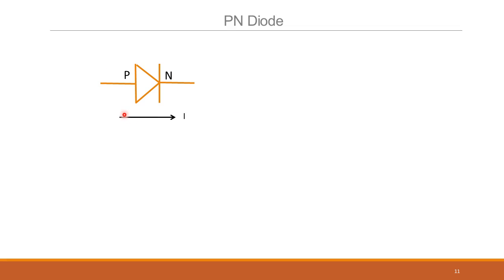This is just a diode symbol which is used in electrical schematics. Okay. The current goes from the P side to the N side. There is a reverse small current going from the N side to P side that we have seen before. But fundamentally, the larger current happens only in the forward bias and happens from the P side to the N side. That's why in most practical circuits, we'll assume that the current flows only from the P side to N side, and it blocks the current in the reverse direction.